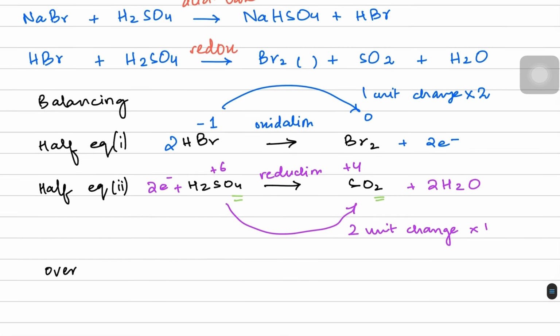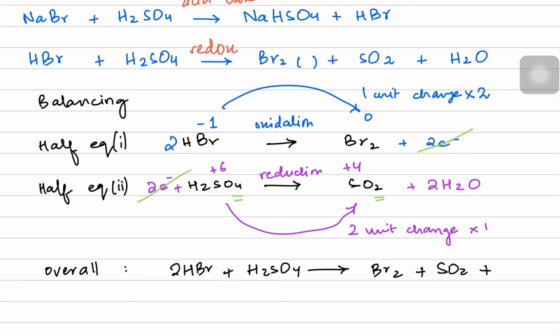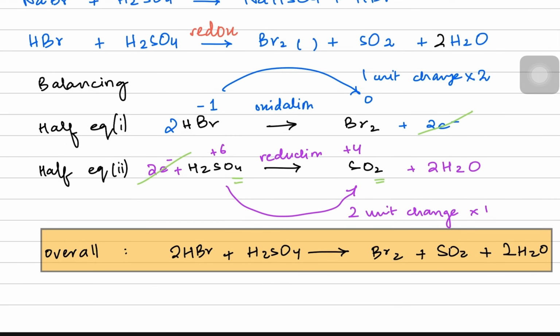So in order to write the overall equation, what I'll do is I will cancel both electrons from both sides. I will notice that 2HBr and sulfuric acid are both reactants, while a bromine molecule, a sulfur dioxide molecule, and 2 waters are my products. You can see every atom is balanced here, and that is why this reaction is redox, because there's change of